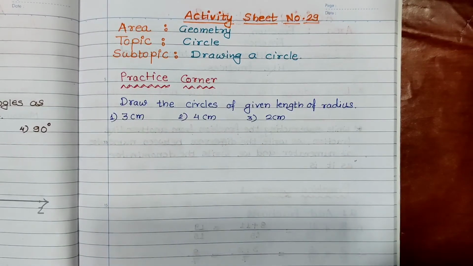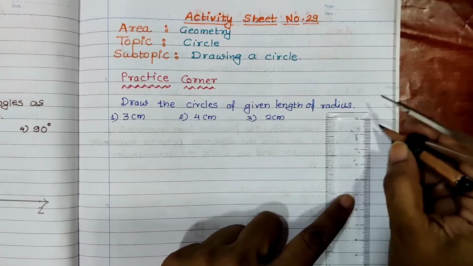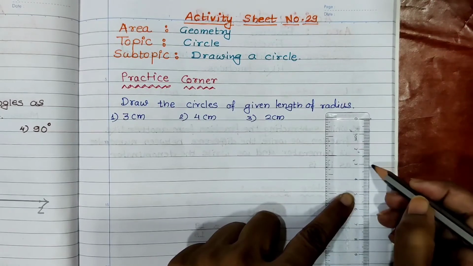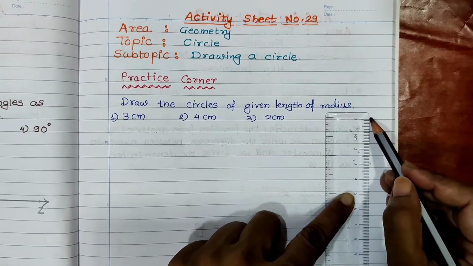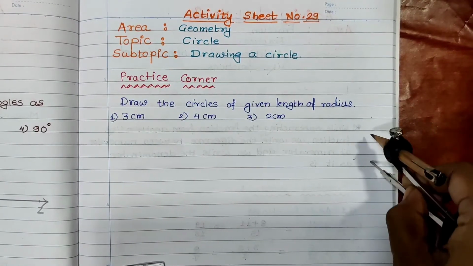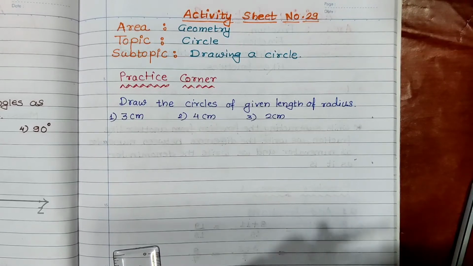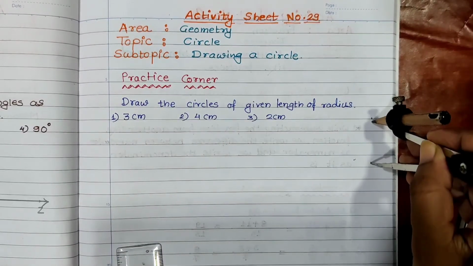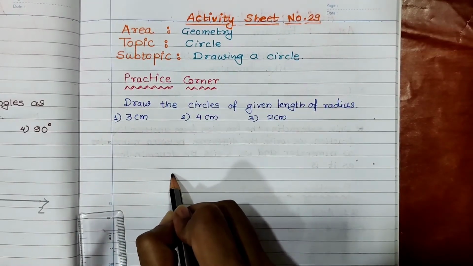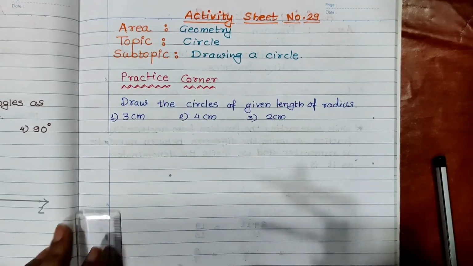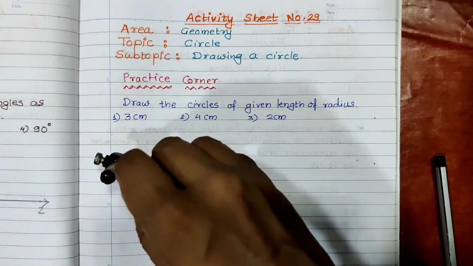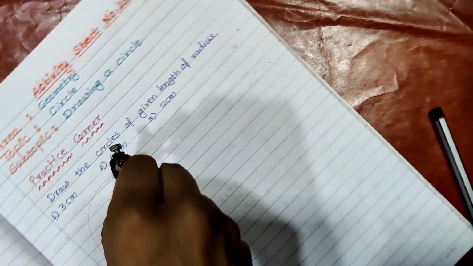with the help of the scale. You can make 2 points, one at 0, another one at 3 cm. So this is the distance of 3 cm. Between these 2 points the distance is of 3 cm. So you can take this 3 cm distance in your compass like this. Okay, then you can make a point over here which shows the center of the circle. Place this pointed tip on this point and then draw a circle which will be of 3 cm.